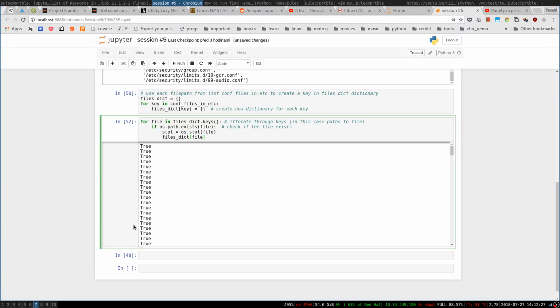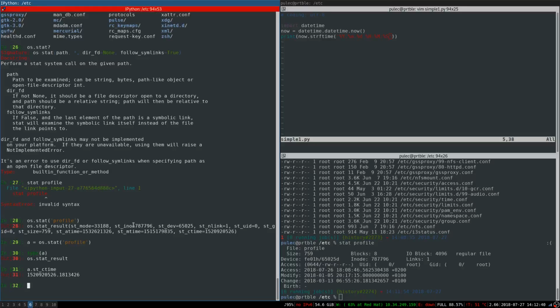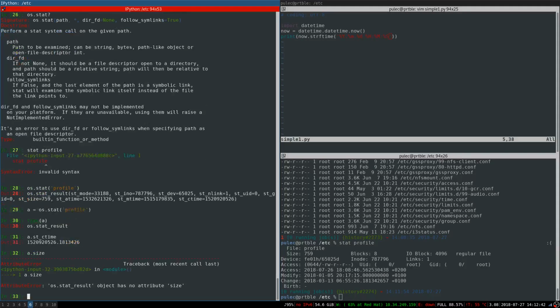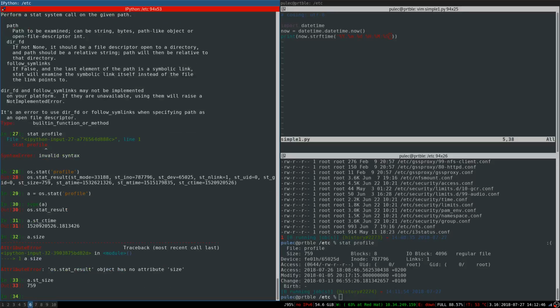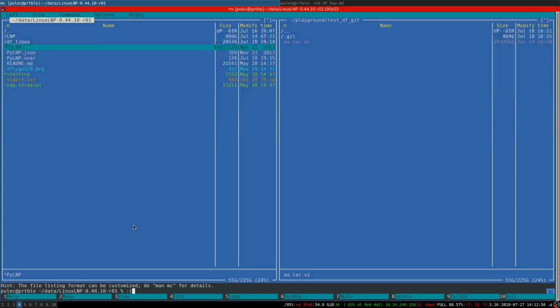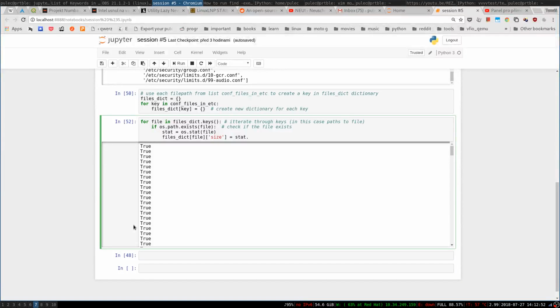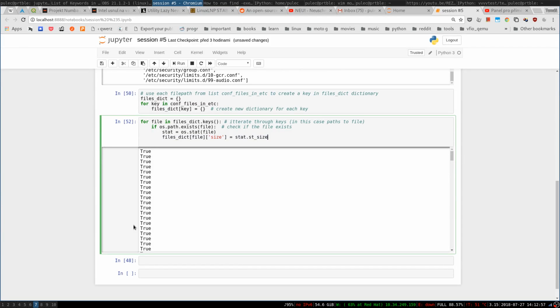The file is the key, and then we will name the key deeper size, and it will be current stat, and what's the, I think it's st_size. Yeah, so it will be bytes. We can keep it in bytes. We can do some calculation later,